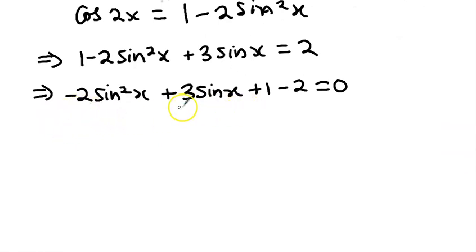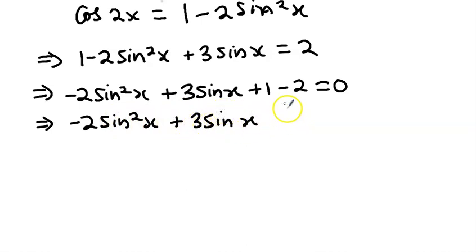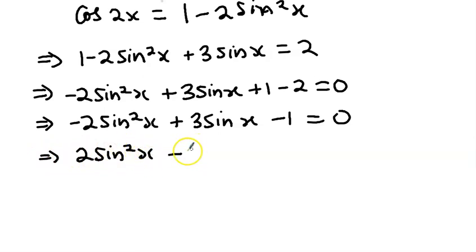We now have minus 2 sin squared x plus 3 sin x, and 1 minus 2 is minus 1, is equal to 0. So let's multiply through by negative, so that we have 2 sin squared x minus 3 sin x plus 1